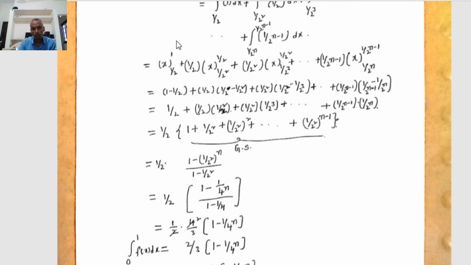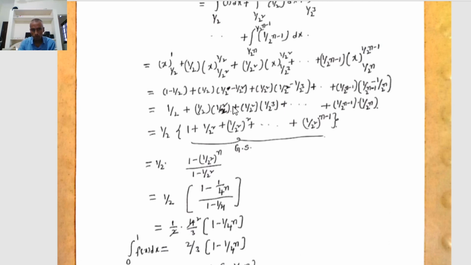that equals 1/4. 1/4 means 1/2 square, that is 1/2 into 1/2 square, plus 1/2 square into 1/2 square equals 1/4, 1/2 cube equals 1/8. 1/4 minus 1/8, LCM is 8, therefore (2 minus 1)/8, that equals 1/8, that equals 1/2 cube, that is 1/2 square. Here we observe that 1/2 plus